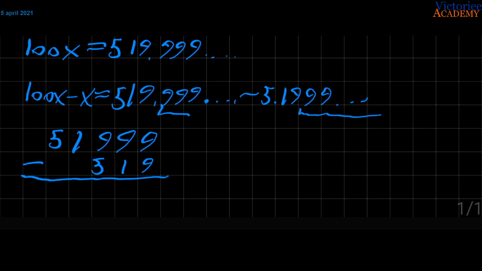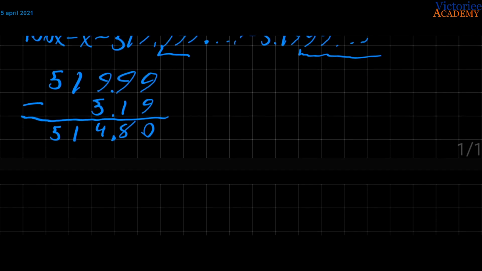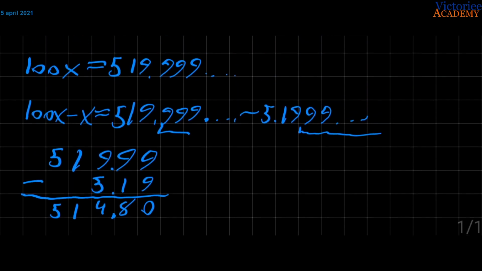So the decimal point is here, and 9 minus 9 is 0, 9 minus 9, 9 minus 8 is 1, 4, 1, 5. So we get 514.8 with the decimal point there. Perfect. So the 99x